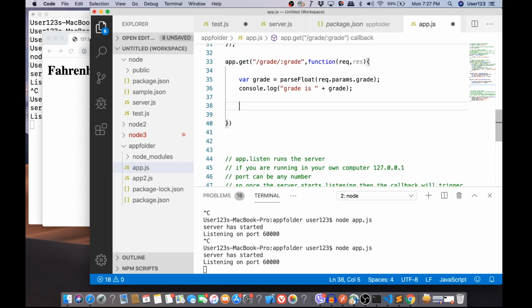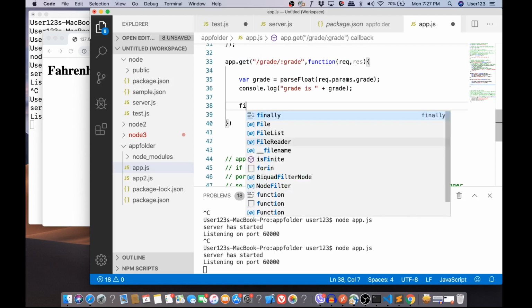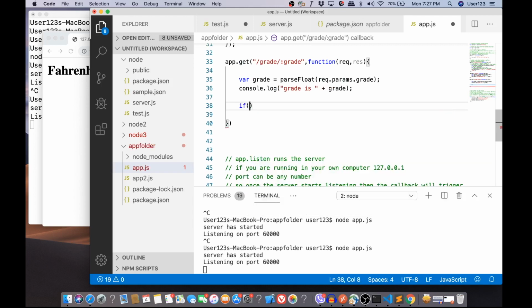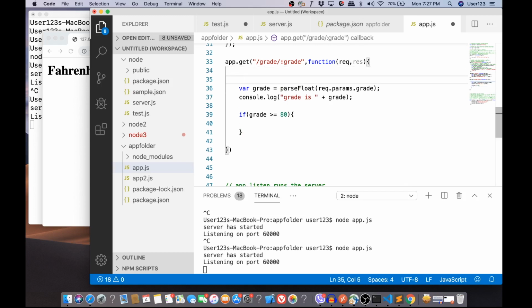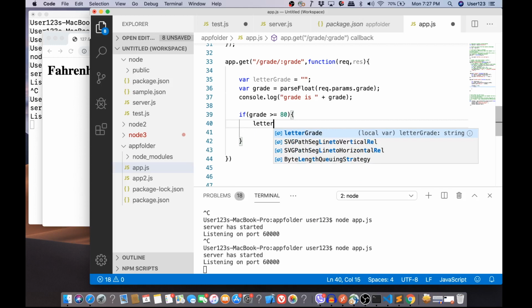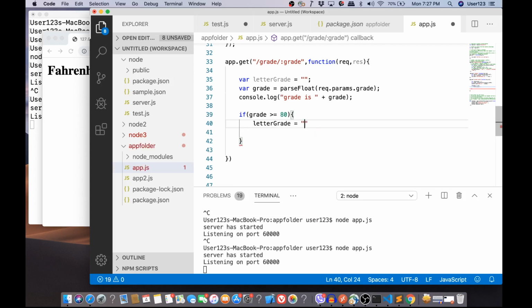So we're going to show you the syntax for an if statement. So if grade is greater than or equal to 80, let's just put another variable here called letterGrade. Let's just give it something like blank. That's okay. So if grade is greater than or equal to 80, then we'll say letterGrade is equal to A,